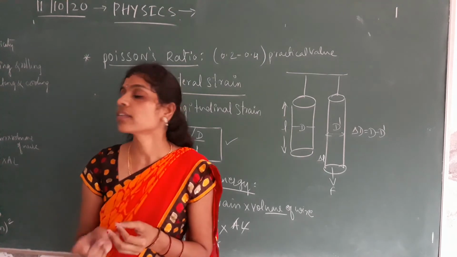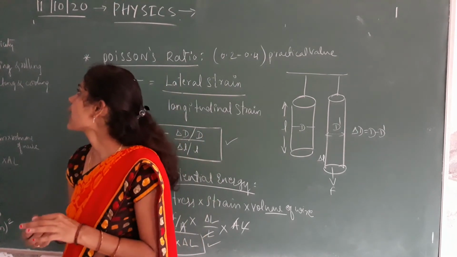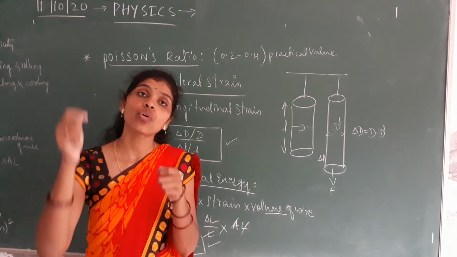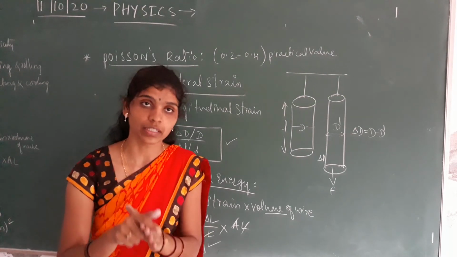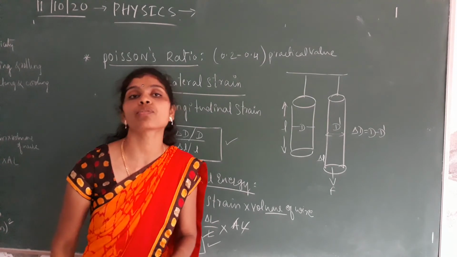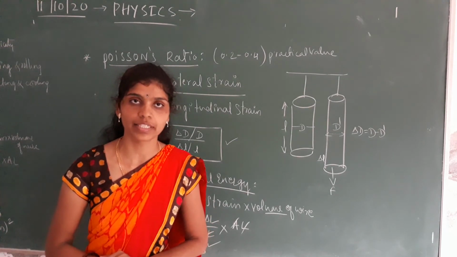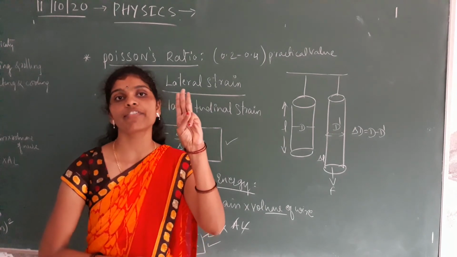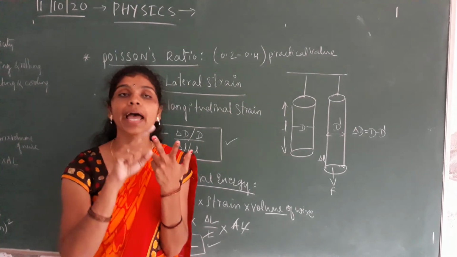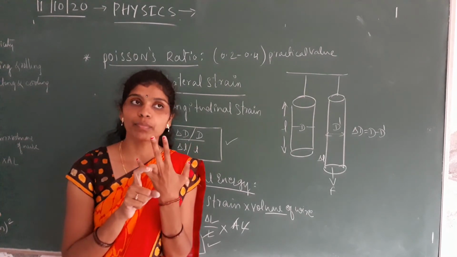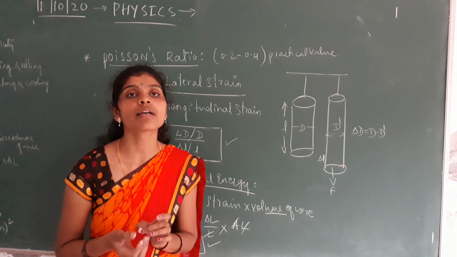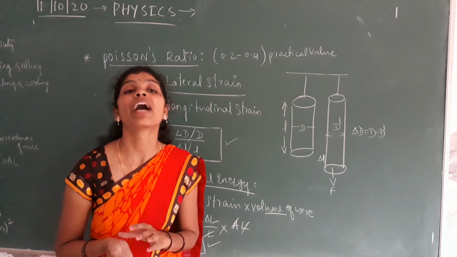And the third factor is the effect of hardening and rolling. Consider any object: if you continuously harden and roll it, as we use it more and more, hardening and rolling also affect the property of elasticity. So the total three factors that affect the property of elasticity are temperature, annealing, and hardening and rolling. These are the factors that affect the property of elasticity.